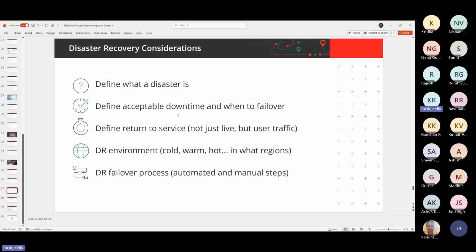And I don't know how many of you have been through a post-mortem, when something's gone wrong. But what we're talking about here is literally just maintaining, what do we consider a disaster? And this is really important because you can get calls in the middle of the night for very basic things, where somebody says, oh no, the site is down. And you say, okay, which part of the website is down? And they say, well, I can't access it. Well, no, that does not mean the website is down.